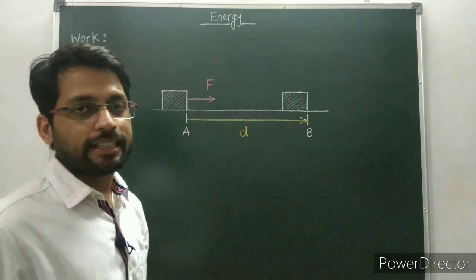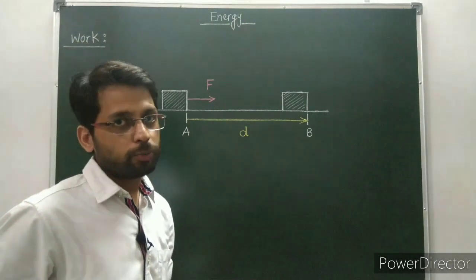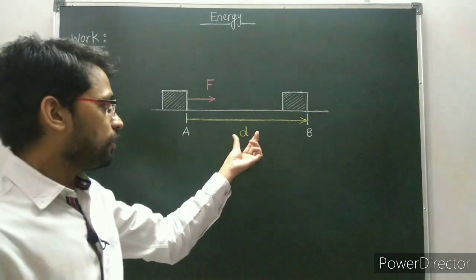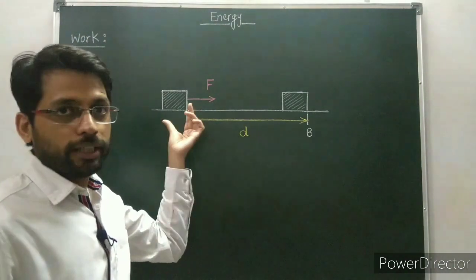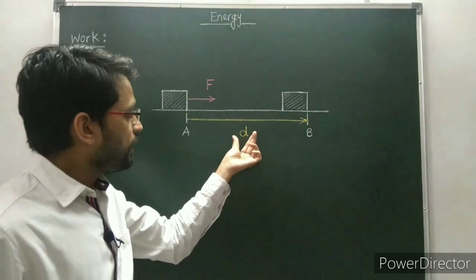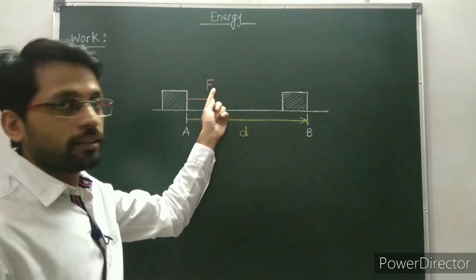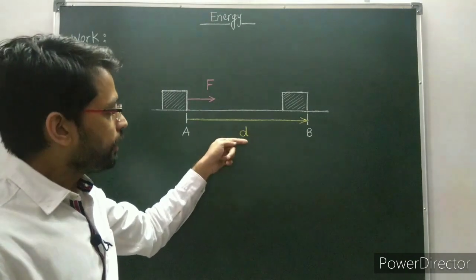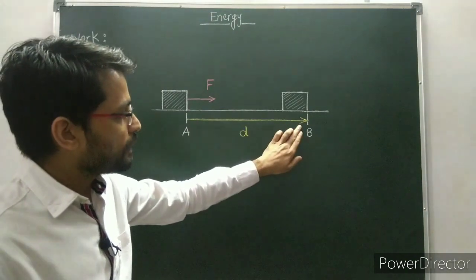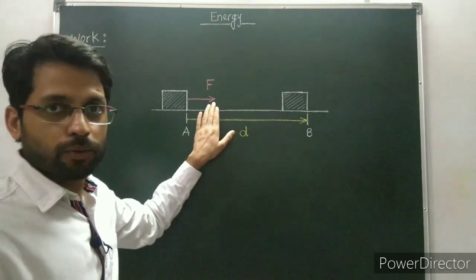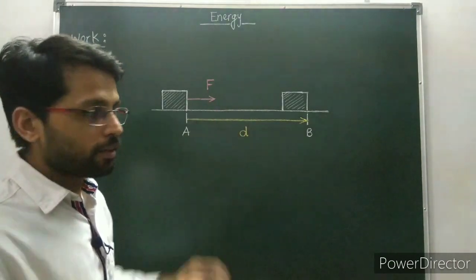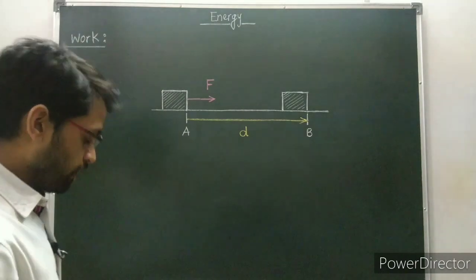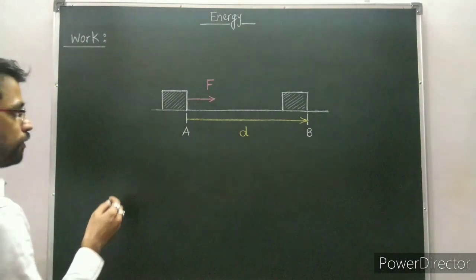So this is the necessary condition for the work to be done by the force. That is, the displacement of the body must be in the direction of the application of the force. Here the direction of displacement is in the direction of force. When this happens, then the work